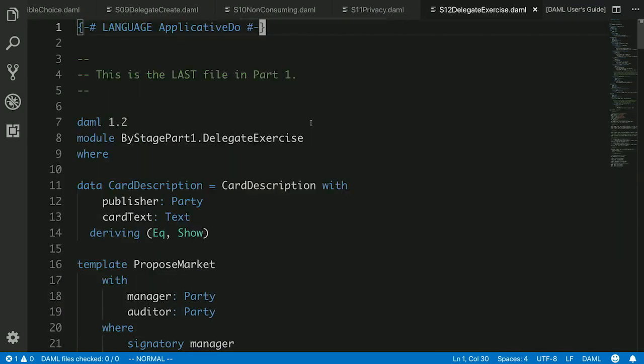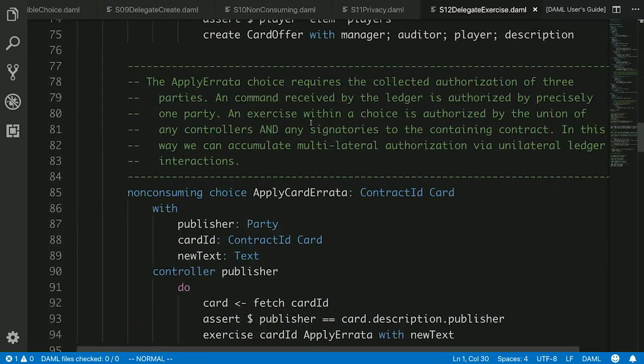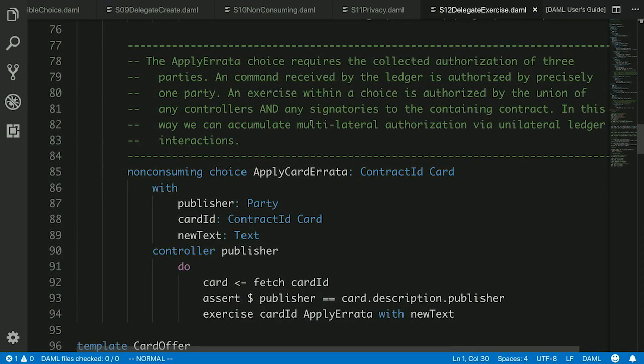I'll skip past that one. The other thing that we can do here is encode the concept of delegation. Here we have a choice where the publisher is given the ability by the manager and the auditor to update the card text, to apply an errata to the card.